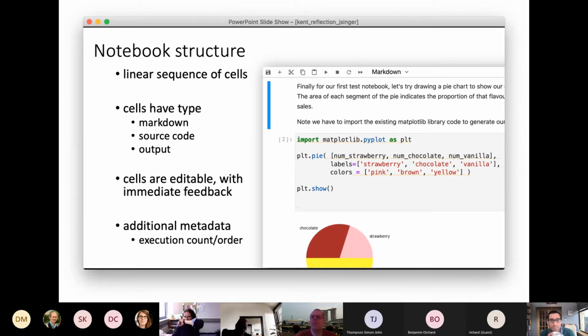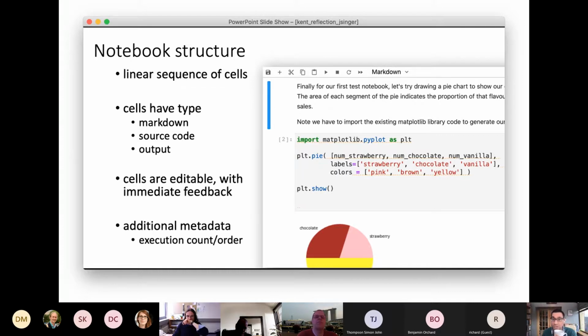So this is an example of the structure of notebooks here. A notebook is really a linear sequence of cells. Unlike a spreadsheet, which is a two-dimensional grid of cells, notebooks very much are just a sort of cascade of linear cells. Cells can contain markdown, which is rendered in some kind of rich text format like this here.